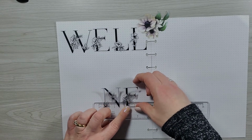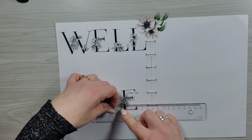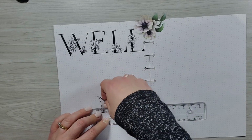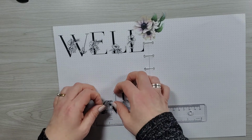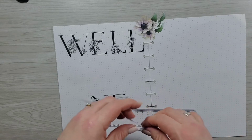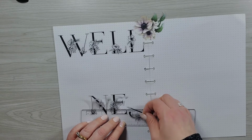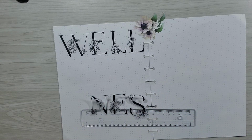So anyway, in my wellness vision, I want to be an energetic person. I want to have a work-life balance where I feel like I'm being mom, I'm being the boss, I'm being an employee, I'm being all the things, and I have enough energy to do it all and to not feel super stressed out about it, and you know, to still have time to play with my kids